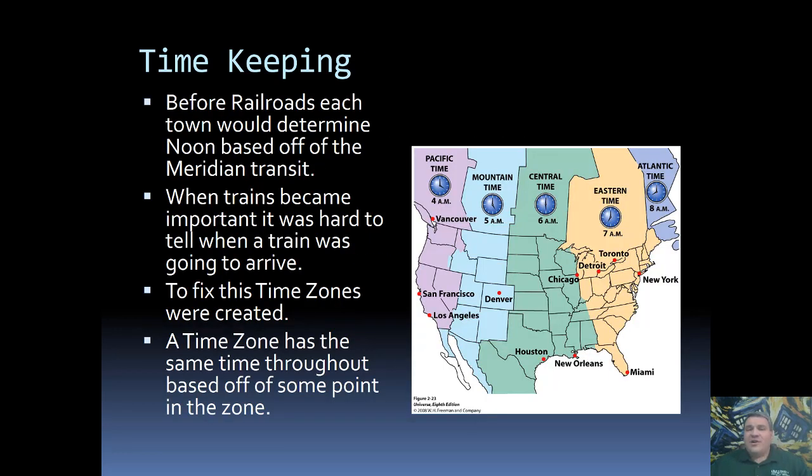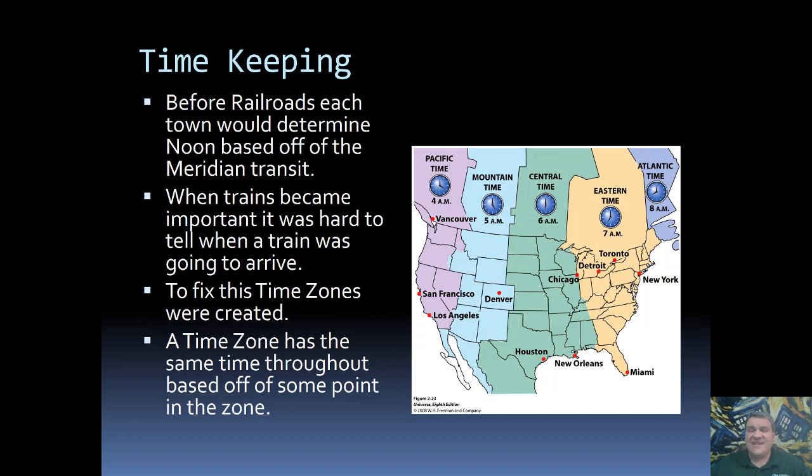Now, although we have started to keep time the same because we really like to have timepieces to help us understand what's going on, there was still a huge headache. So remember, a meridian is defined based off of the local observer. What this means is that when people were setting up cities, every city had its own local noon. So noon here in Orem is going to be different than noon in Las Vegas, and is going to be different from noon in Denver, and it will actually be slightly different from noon in Salt Lake City. Orem is slightly farther east than Salt Lake. So every single city had their own local noon.